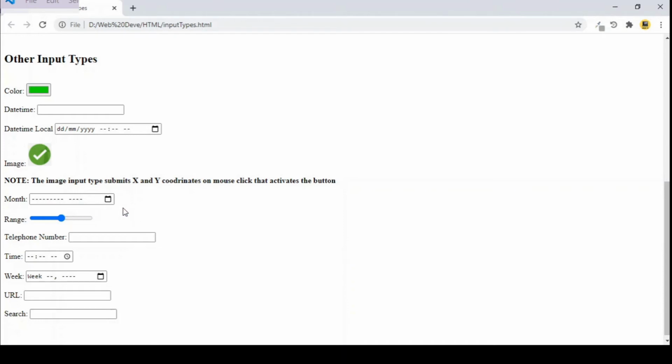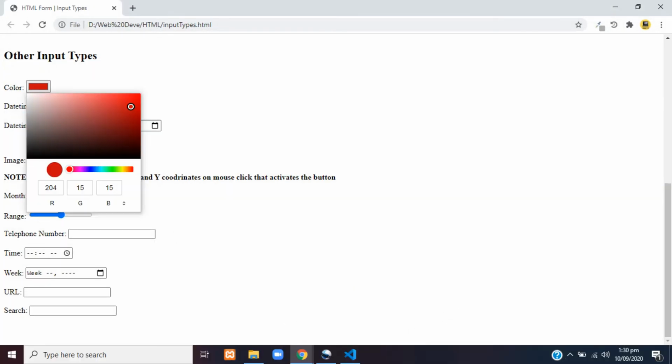I will share the screenshots of the behavior of these inputs in a while, because my screen reader is unable to record the complete behavior of these inputs. The input image type, as you can see, uses an image which is used by input type submit, but the function is the same, submitting the form. Now you can see the color